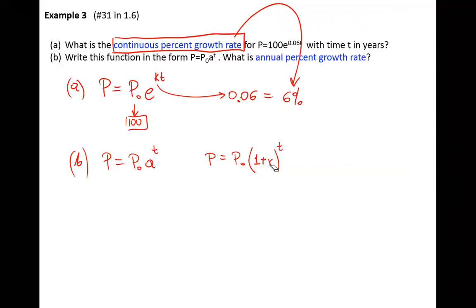The r that I'm going to compute, is it going to be greater than 6% or lower, since I have to match up with that number? That means it's going to be